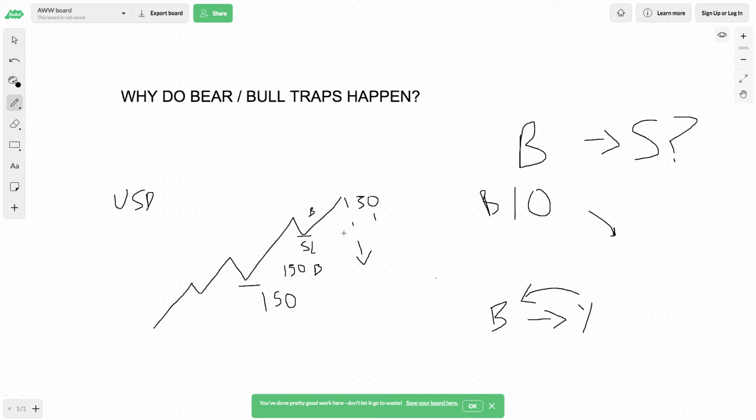So not only are they driving the market down, but they're also triggering stop losses. Also, at the same time, they are able to buy into positions by triggering sell stop losses. So as sell stop losses are being triggered, who again is taking the other side of that trade